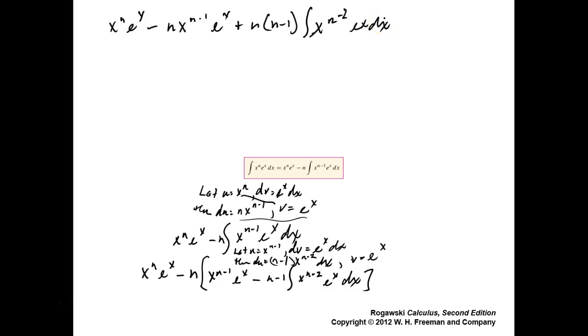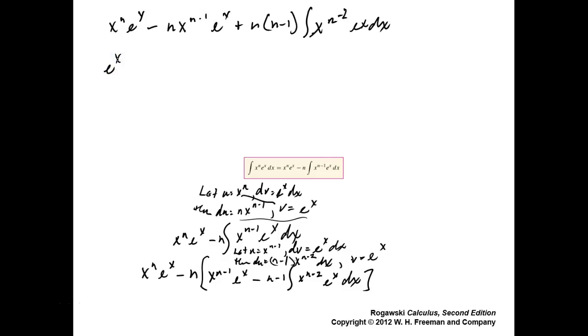And notice what is happening here. Every time you basically wind up differentiating this time and time again until finally you're going to get an x to the 0th power and will stop. But e to the x's are in every term. So what is your, what they call the reduction formula? That would be